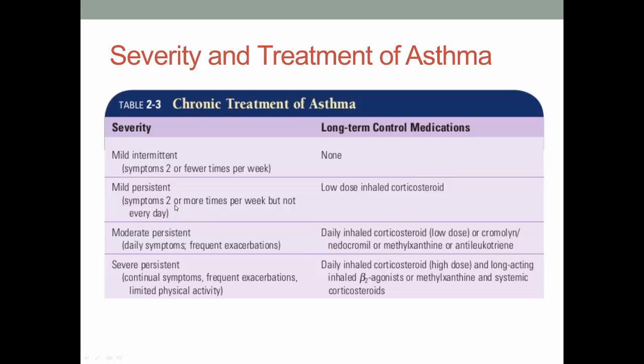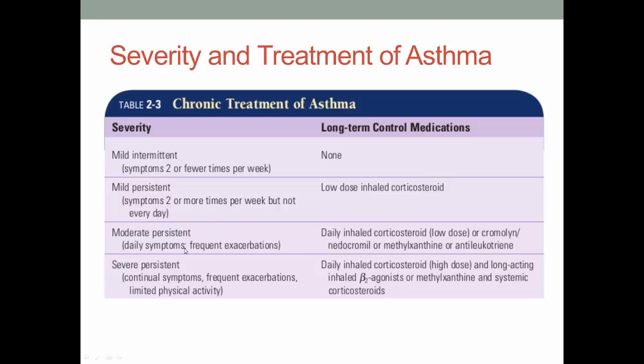Is it more than 2 times but less than every day of the week, so 3 to 6 times? Now you're going to use albuterol plus a low-dose inhaled corticosteroid, and that's also going to be PRN. So there's combinations. One's called Duaneb, and that's a combination of, I believe, an albuterol and corticosteroid. Another